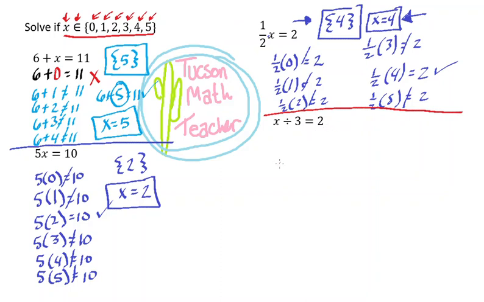Okay, let's do the last one real quick. X divided by 3 equals 2. Now let me say just one quick word about the idea that you're probably yelling at the computer screen right now, saying, I can do these ones in my head. I know what the answer is right now. Why do I have to write this out? And the answer is, I know, it's frustrating, but we're learning this concept or this idea of having to choose from a group of numbers,